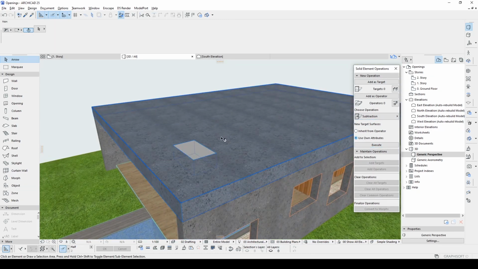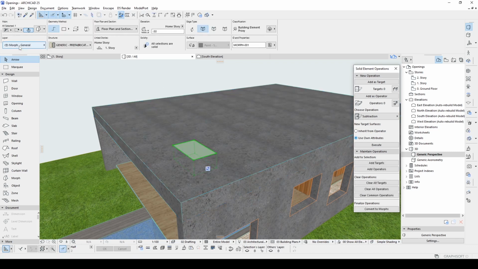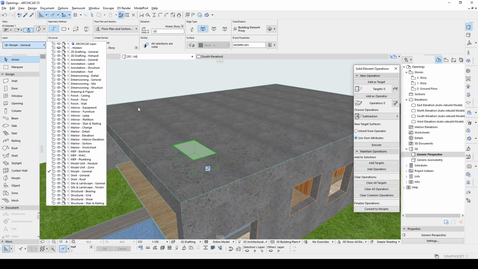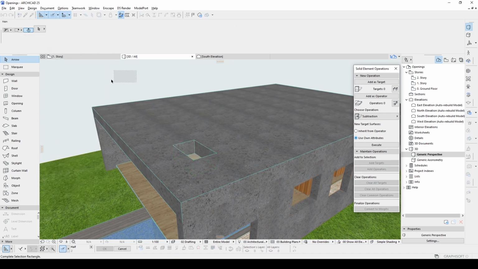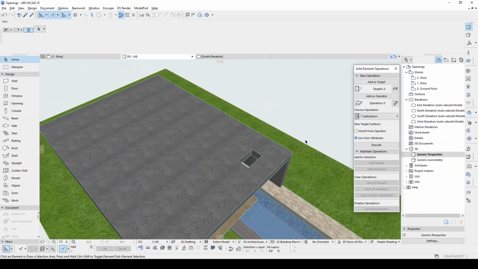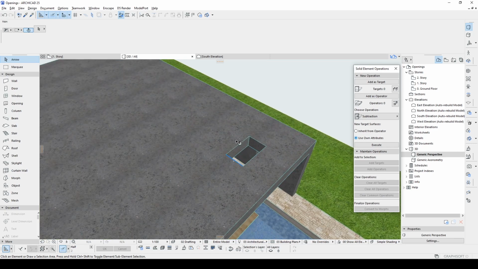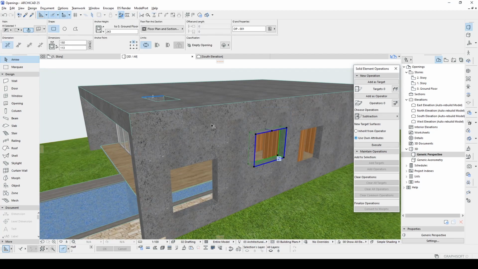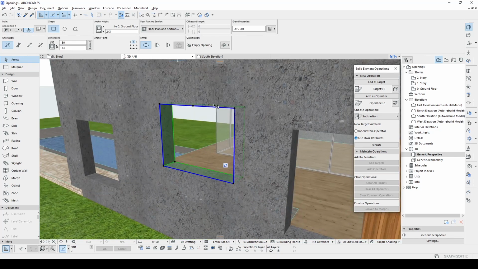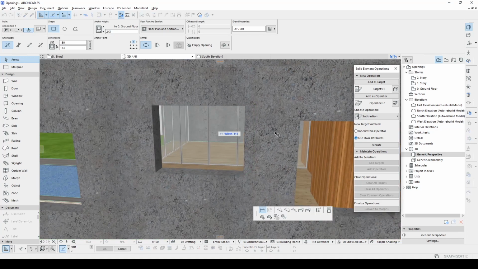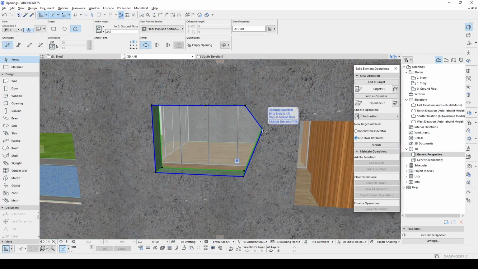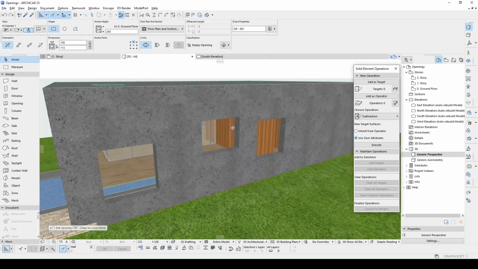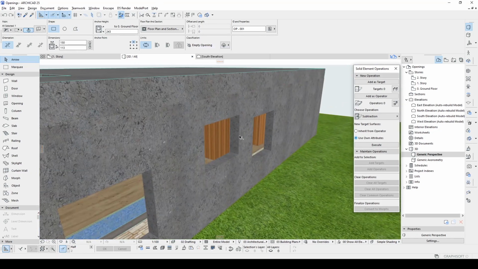The rectangular shape was subtracted from the roof, but we cannot see it. To see that, we are going to change its layer to hidden. There we go. The advantage of following this way is that this is 3D, but this is 2-dimensional. What does it mean? We can only change the height and size, and maybe we can add more control points, but I cannot intervene in the path.